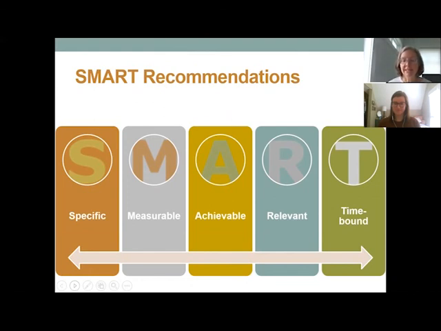A good practice is to focus on making SMART recommendations that are specific, measurable, achievable, relevant, and time-bound. And you may see, if you read the report of the working group, that not all of the recommendations are SMART. You might see a lot of vague recommendations and recommendations that don't really help, like consider imposing a moratorium on the death penalty. And that's very easy for a government to accept because in this case, well, we considered it and we decided not to do it. So that doesn't help anything.